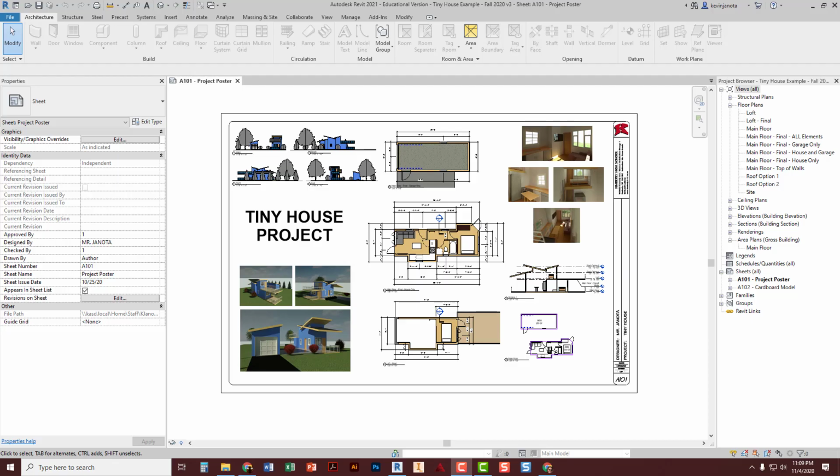Hey everyone. So we got the tiny house presentation poster we're looking at here, and you must be thinking that you're probably all done and you're ready to print this off on the plotter, and that's awesome. So just a quick double check of a few things maybe to make sure you have everything nice and neat